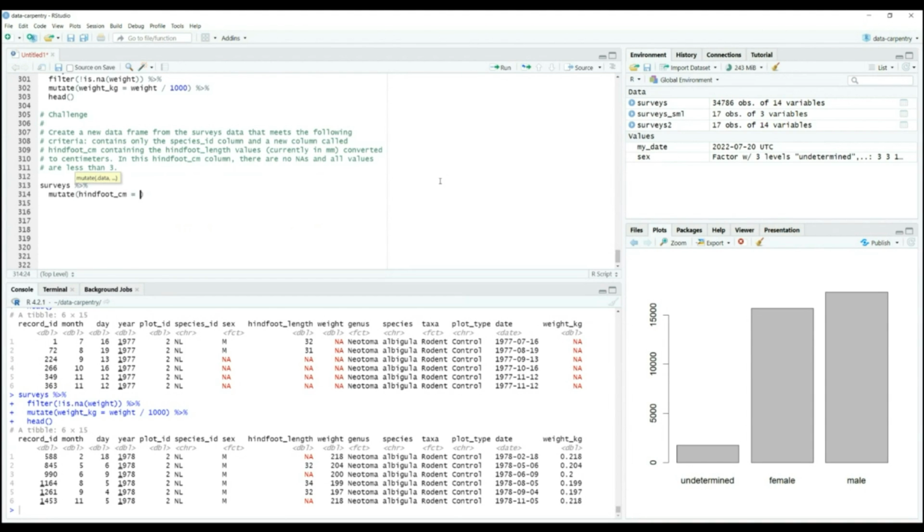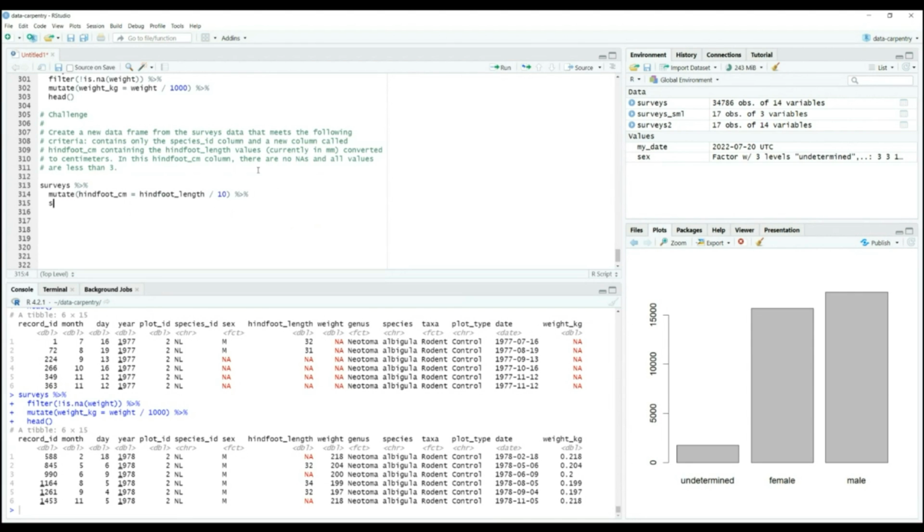That will be equal to hindfoot length, which is in millimeters, so for centimeters I guess this is divided by 10. Yes, divided by 10. Okay. Pipe,